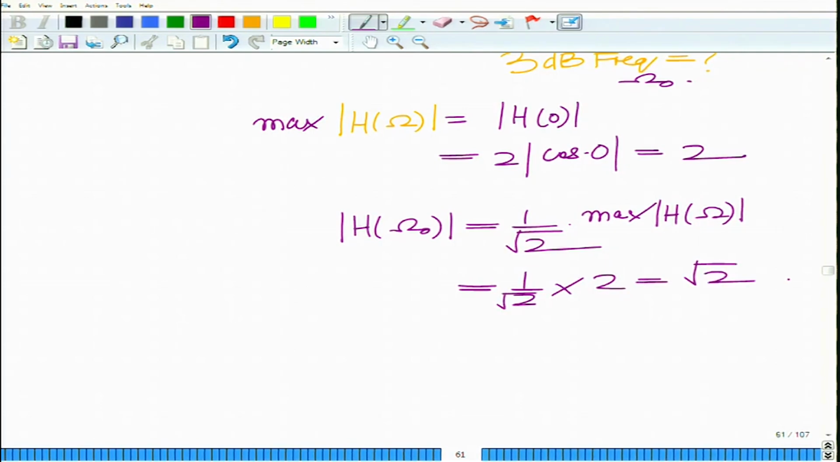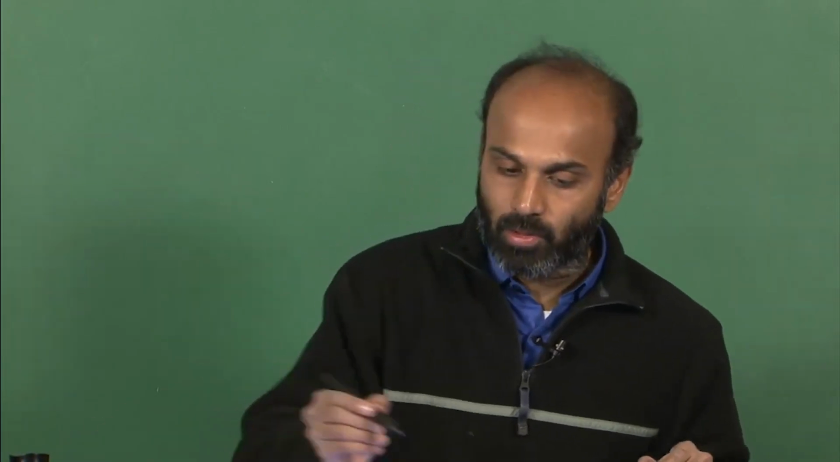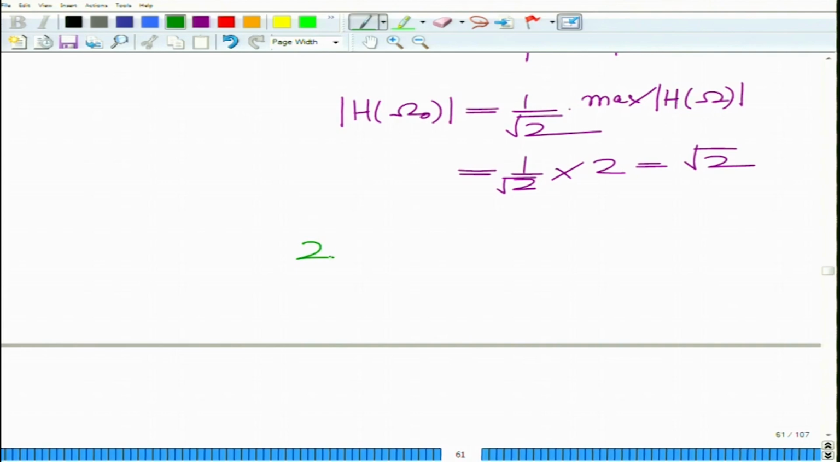Remember, at the 3 dB frequency, the amplitude has to be 1 over square root of 2 times that of the maximum gain, that is the amplitude gain of the low pass filter. And now this is very simple. So, we have 2 cosine omega by 2 equals square root of 2, assuming omega greater than 0; for omega less than 0 it is symmetric. In fact this is omega naught,